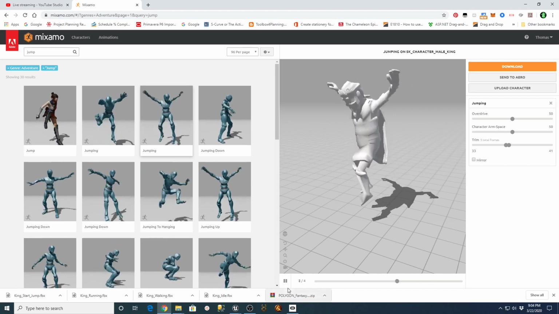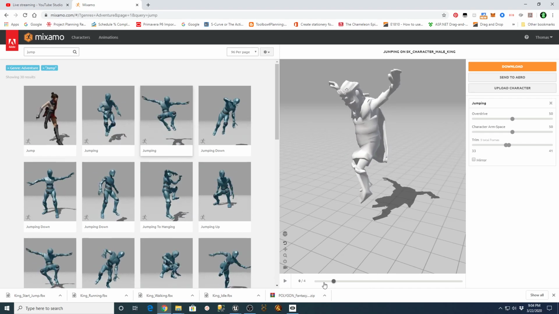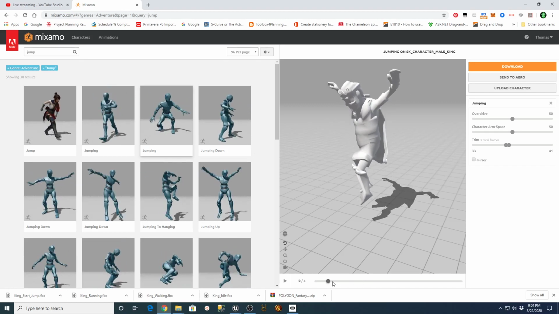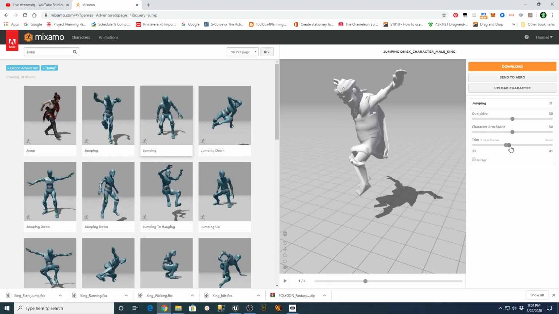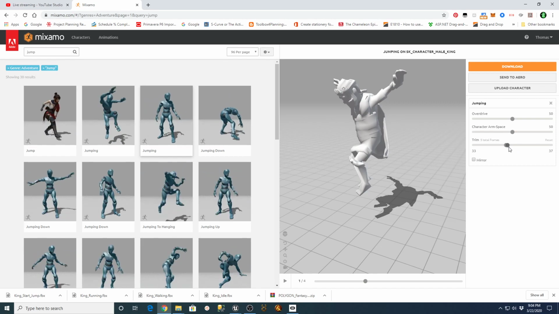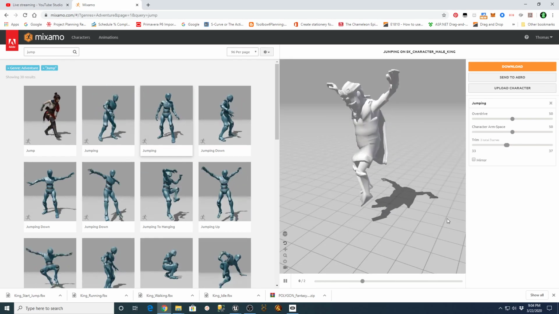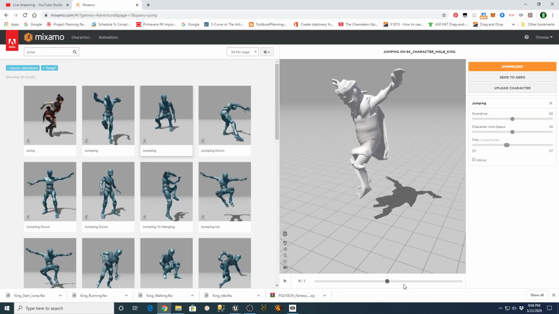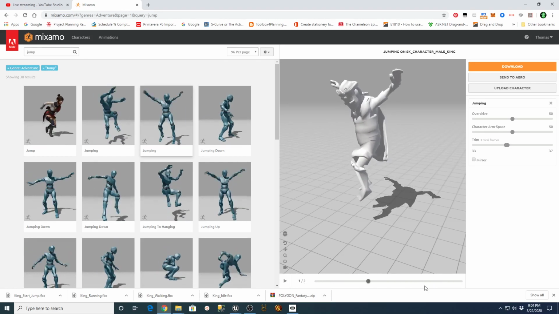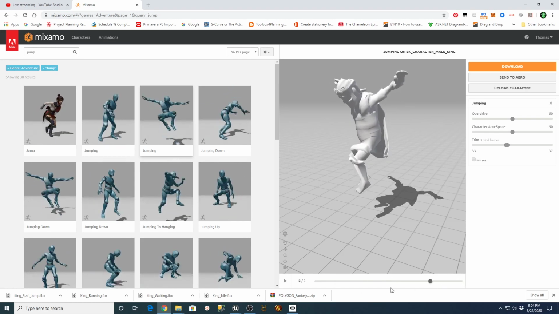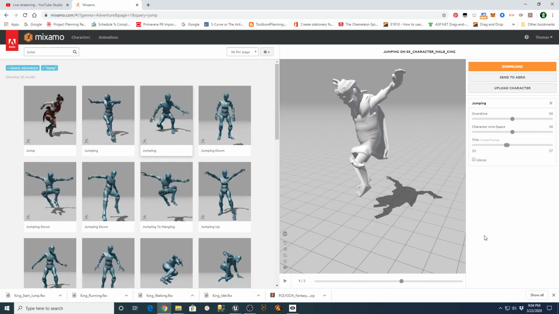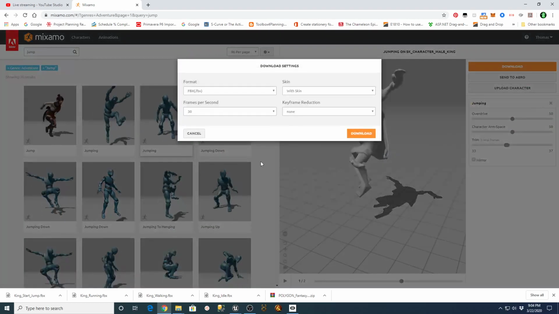There's 33. 33 to 37. What's that do? That might be it right there. Doesn't have to be much. Let's download that. We're going to call it jumping.